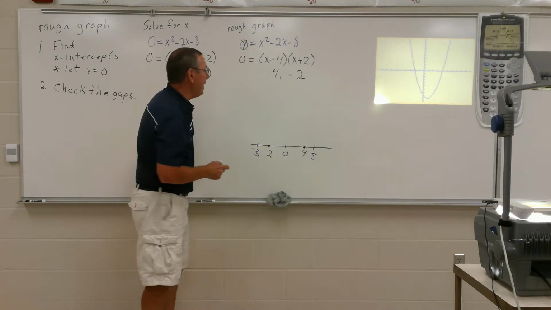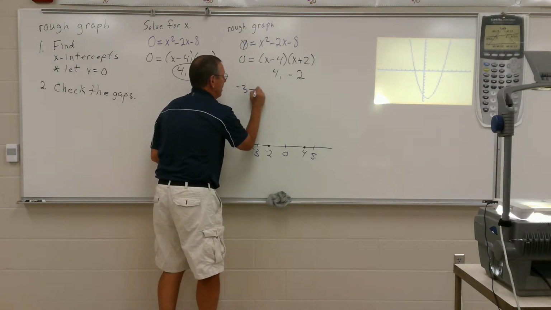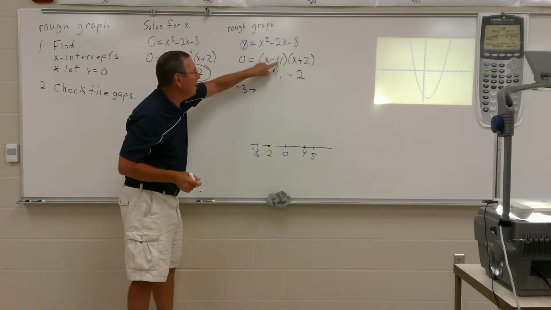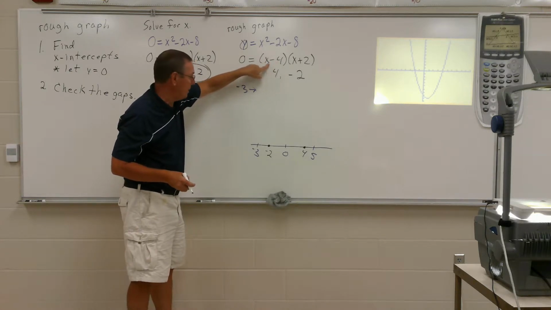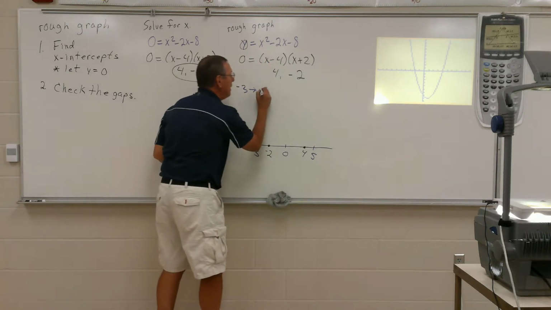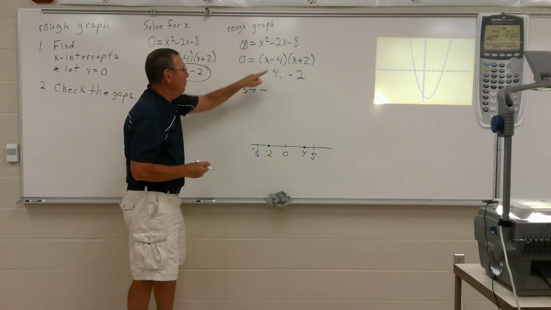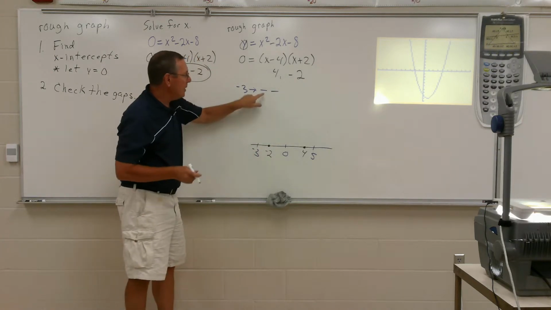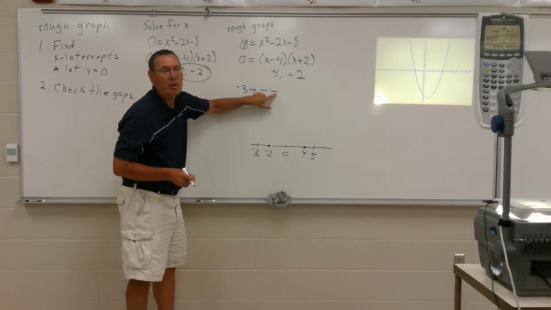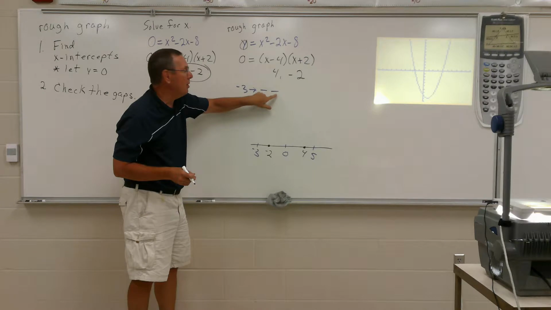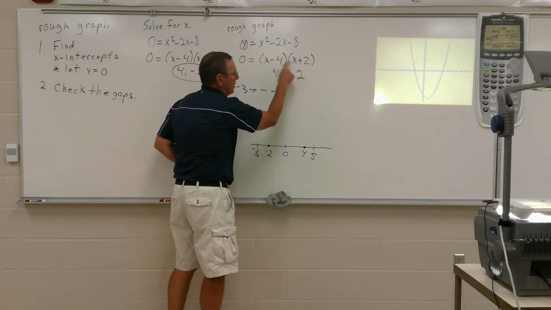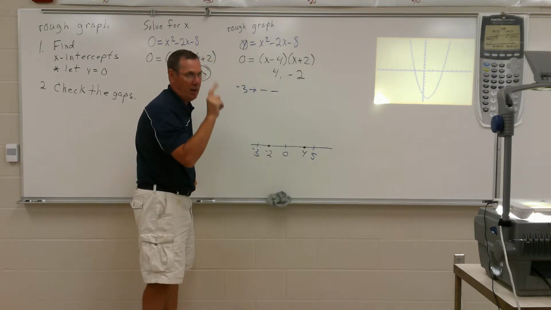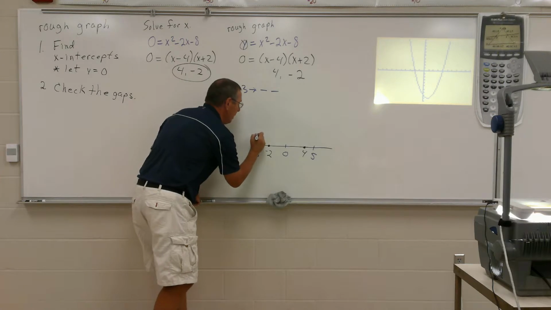Okay, now to check the gaps, we're going to go like this. I'm checking the -3. I'm checking it into this thing. -3 minus, and I'm putting a -3 in for those x's. A -3 minus 4 would be a -7. I'm putting a -3 in. -3 plus 2 would be a -1. Notice I said -7 and -1, but I don't care about the 7 and the 1. All I care about is a negative. Notice now, these two are times each other, and a negative times a negative, you know that way back from 7th grade math, should give us a positive